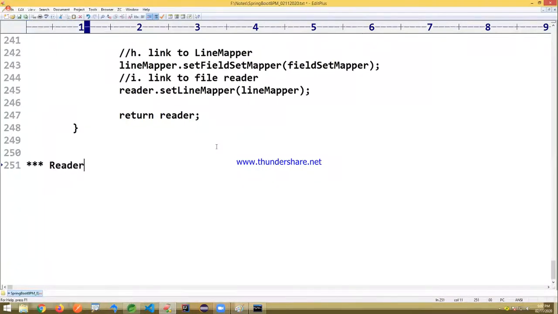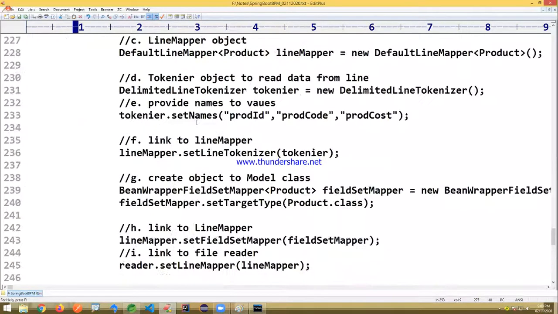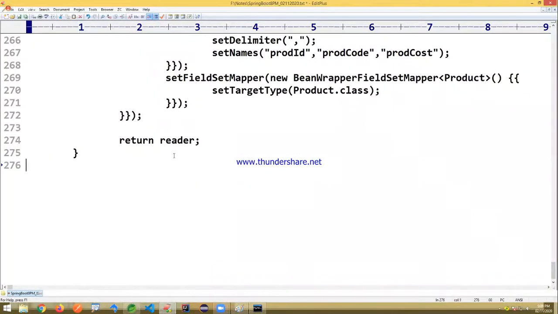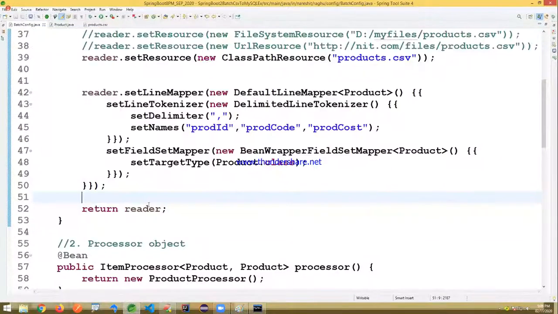Reader object using anonymous inner class plus instance blocks. Same above code in a better way. I just wrote it here in the batch config.